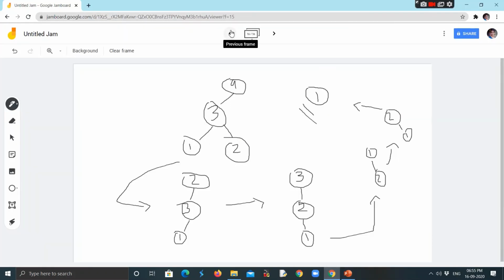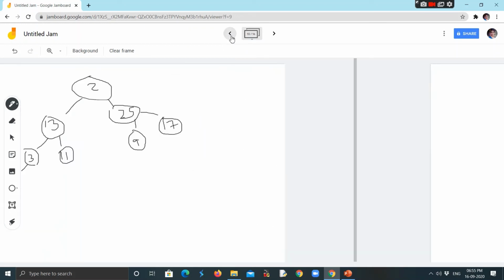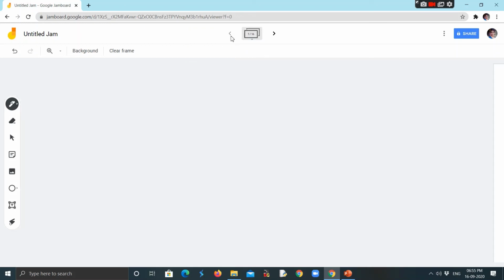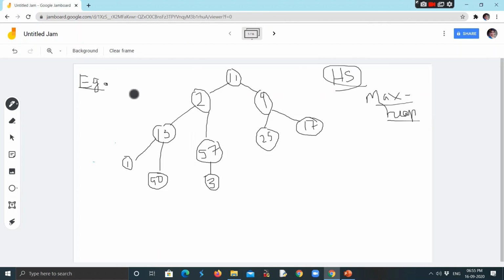For your better reference, I advise you to take screenshots of what I have done over here, starting from the first part. This was the question. This was a huge problem, and that's the reason it took so much time as I was explaining it. Otherwise, this could be completed within 5 to 10 minutes. So it's not such a huge problem.